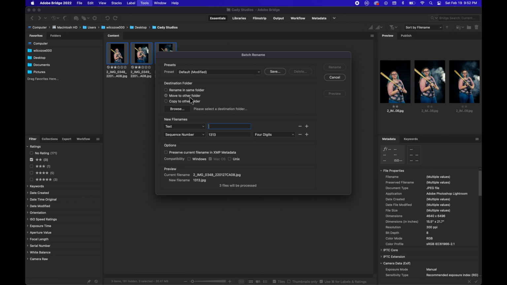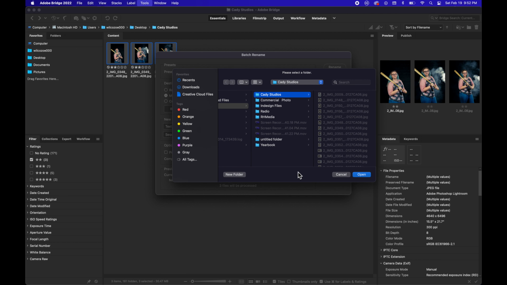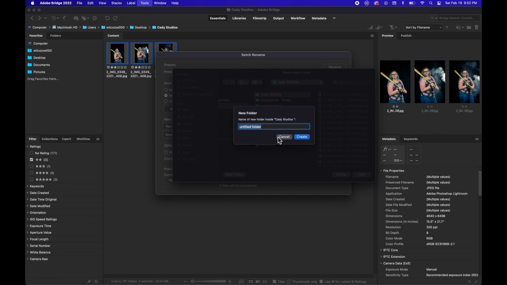So I'm going to go ahead and click on that one, and then I have to pick a destination folder, so I'm going to click browse. It's going to take a second and then it will open like this. Now notice if I want to move it to another folder but I don't already have that folder existing, what I'm going to have to do is hit new folder and then obviously name it. So my new folder, I'm going to say